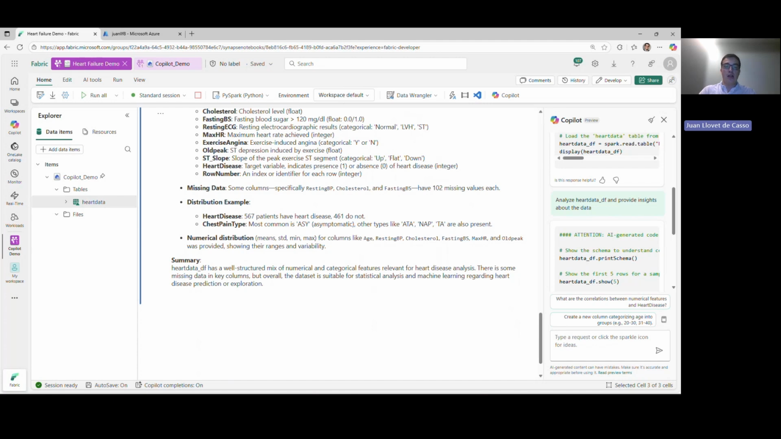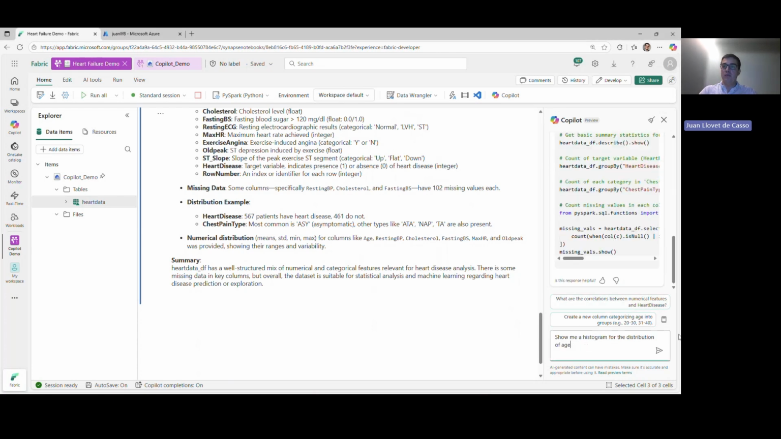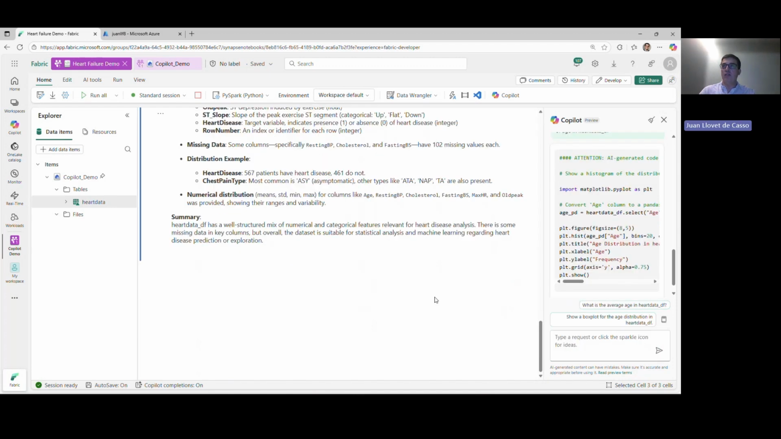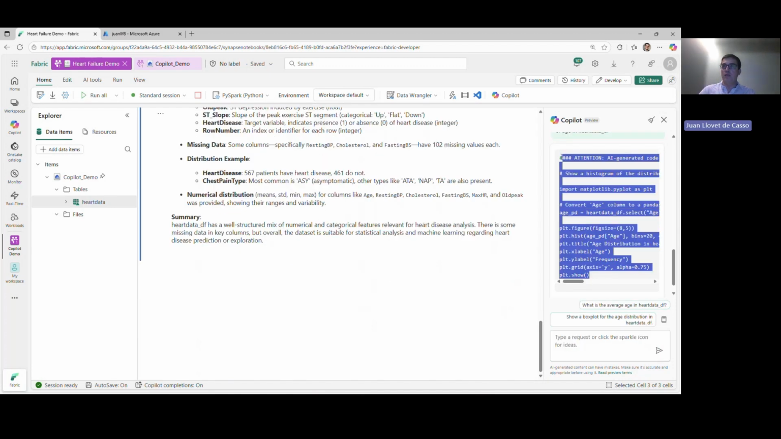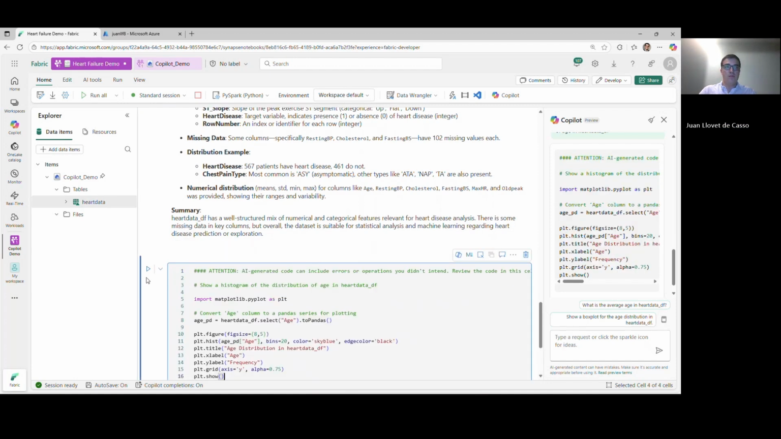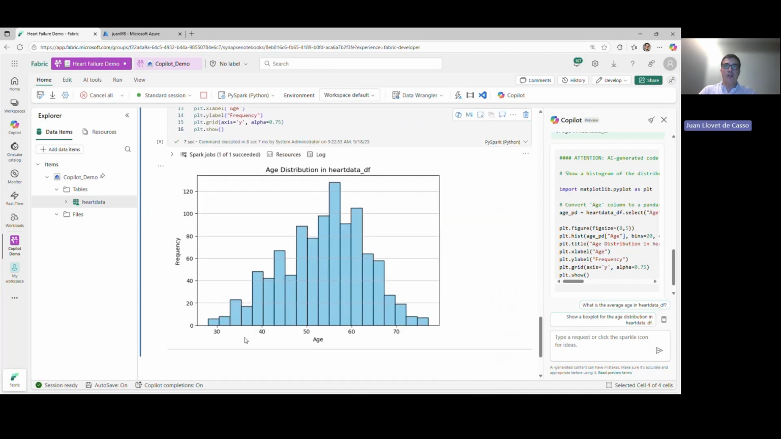Now let's try to look at a specific visualization of something we are interested in this data frame. I will ask Copilot again on the chat pane to show me a histogram for the distribution of age in heartdata. We can see that Copilot here has generated some code to create this histogram for us, and we will go ahead and move it over to the notebook once more. And we can now see our age distribution on this histogram, and we can see the frequency is most common between the ages of 50 and 60 is where we have